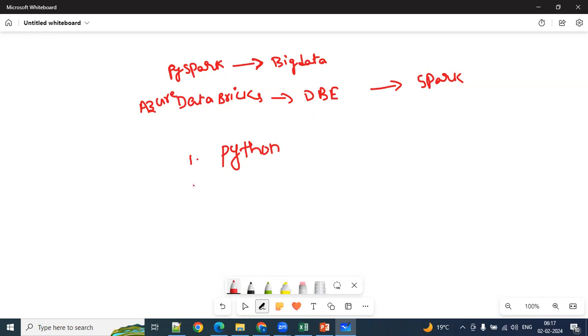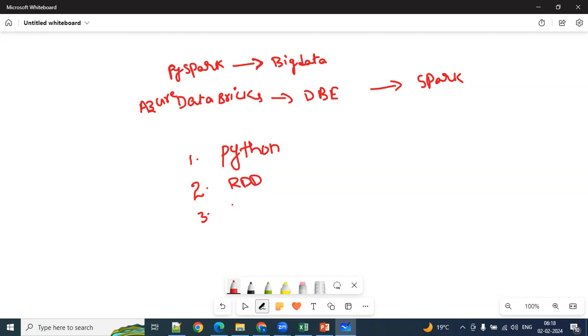Next, second, I'm going to start with RDD. This is the basic building block of PySpark. Of course, in the market, nobody is using RDD, but still I'm going to cover it. Why I'm covering it, even if the market is not using this component, is that for the next component I'm going to discuss, this is the basic.